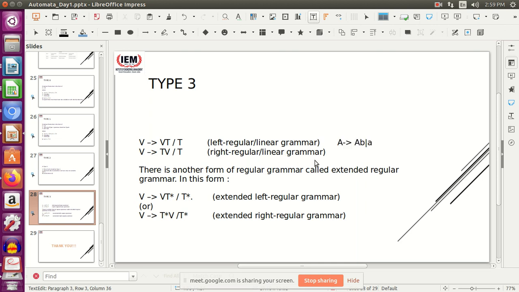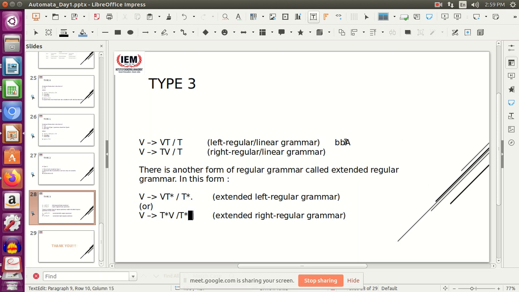In right linear grammar, similarly, the variable is at the right hand side of the terminal. So this is known as the right linear grammar. These two forms can be taken by a regular grammar, or there is an extended form also wherein we can have the star of the terminals, that is, a single non-terminal followed by many terminals. This is an extended version of linear grammar. This is left linear. Again, why? It is at the left of the terminals. If I were to write right linear, again BBA, this would be right linear. In the extended version, the only difference is that instead of a single terminal, we can have multiple terminal symbols.